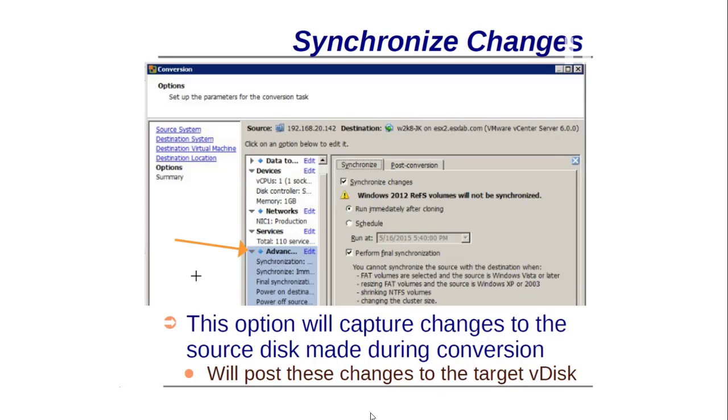The other advanced option is also at the bottom. For example, if I click on the advanced option, which is called synchronize changes, basically what it does is move the virtual machine from source to target machine, and then resync all the changes during the conversion. There is an option, synchronize changes, run immediately after cloning. Whenever you clone the computer and move the machine to the target machine, after conversion you can run it immediately, or you can schedule the